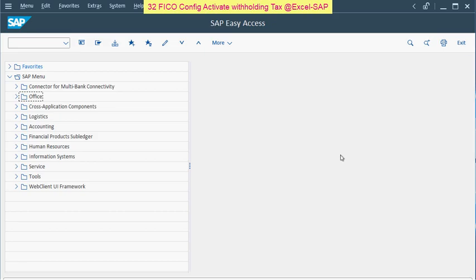Here in this tutorial, we will see how to activate withholding tax setup. So with extended withholding tax, you can process withholding tax from both the customer and vendor view. So let's activate here. Go to transaction code SIMG,